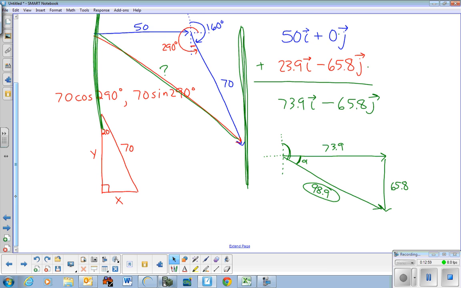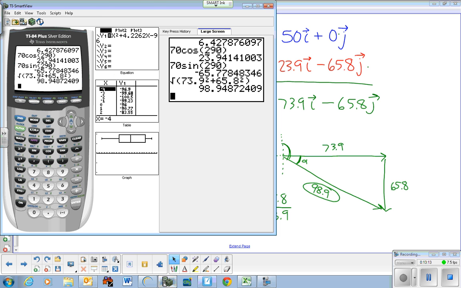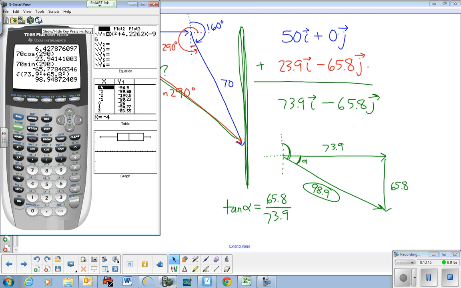The equation I'm going to use is tangent of alpha equals opposite 65.8 over adjacent 73.9. Into the calculator, inverse tangent of 65.8 divided by 73.9 gives me an angle of 41.7,